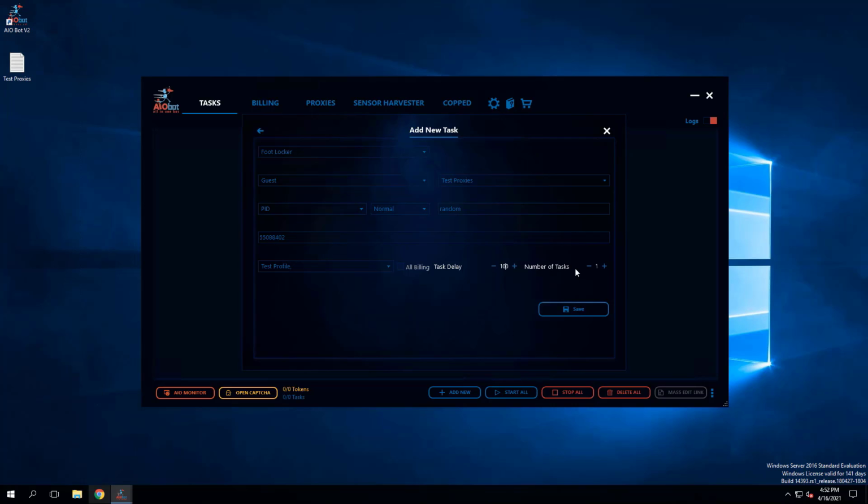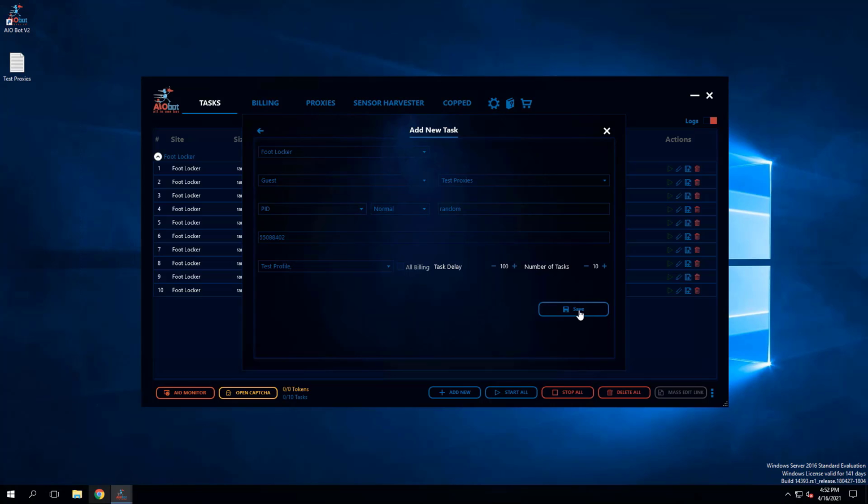As for number of tasks, that's also quite simple. You can just kind of go 10 tasks, click on save. There you have it. You have 10 tasks set up. Now, obviously, you're not limited to Foot Locker only, and this is what I actually recommend you do tomorrow, is you actually have